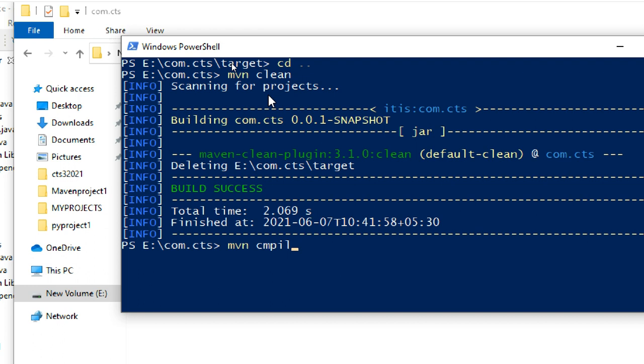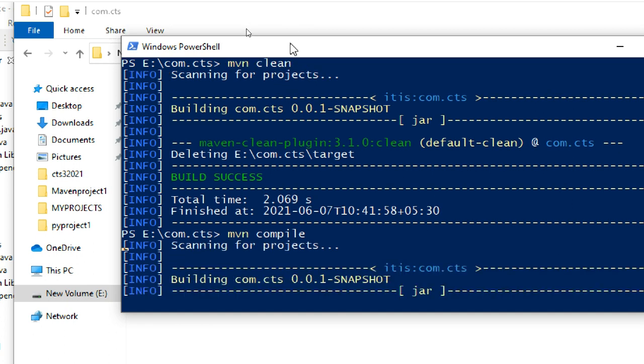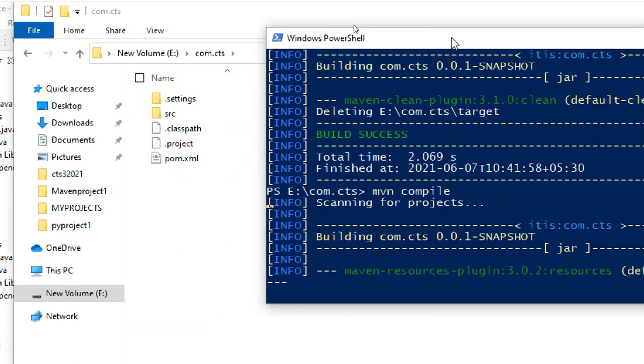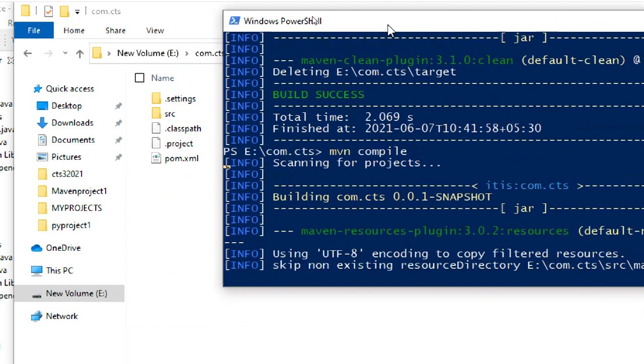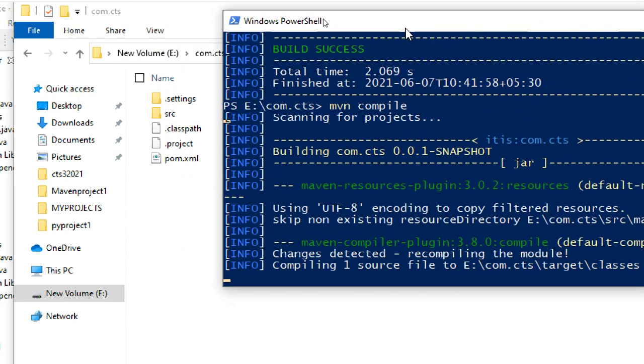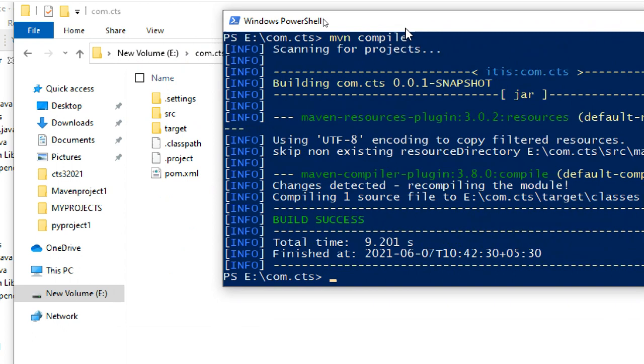What is happening? Compile. Okay. So when you do compiling, see, the target folder is not there. But after compiling, the target folder and everything will come back, because when it is compiling it generates data, right? So class files and all it will generate. So that is the thing.